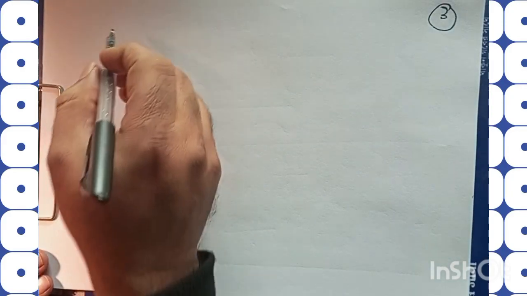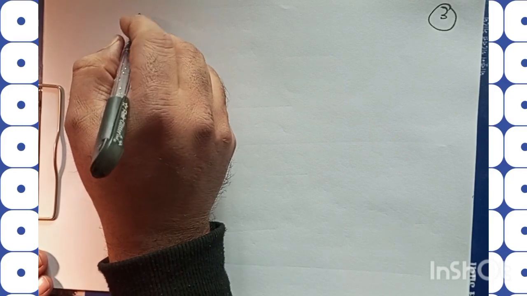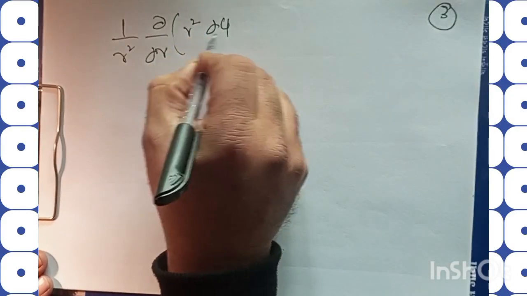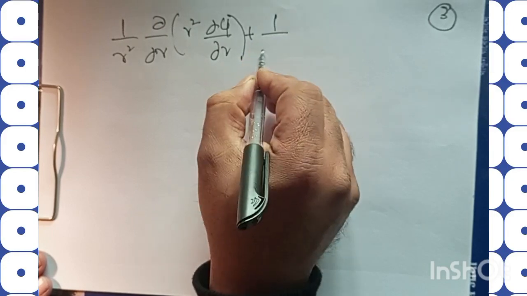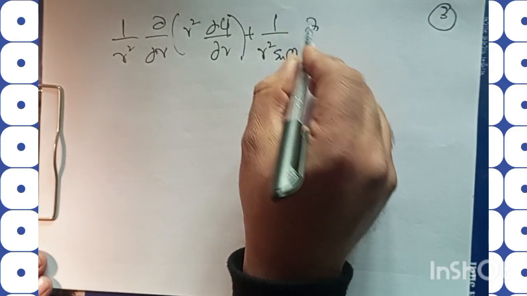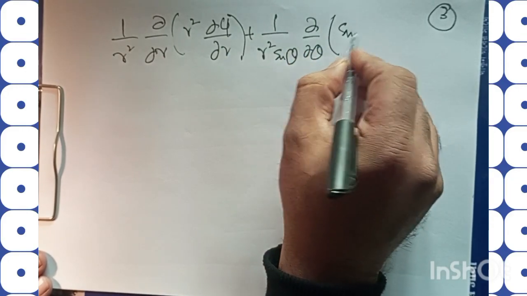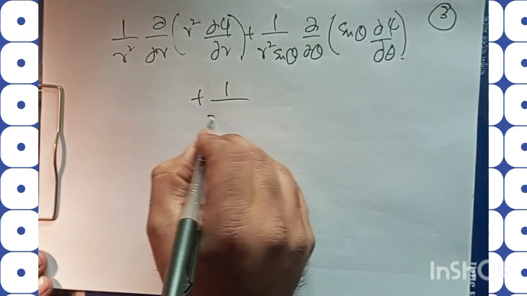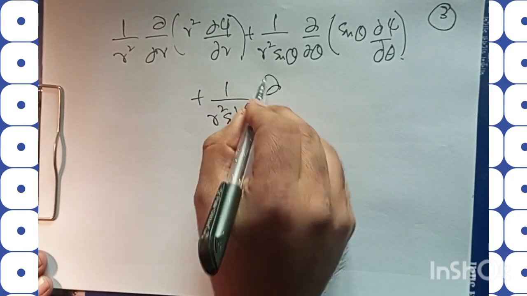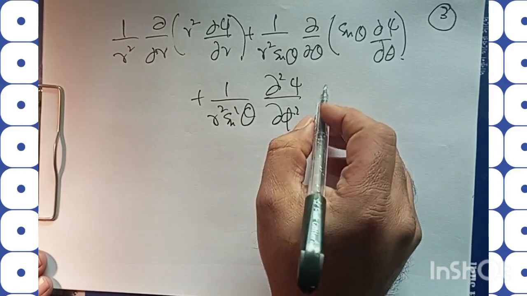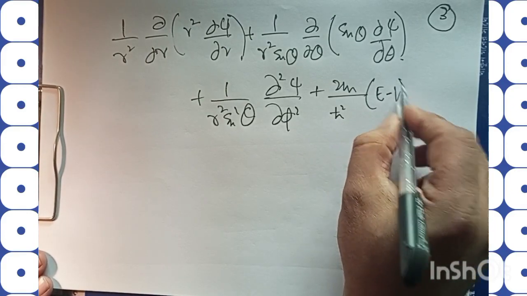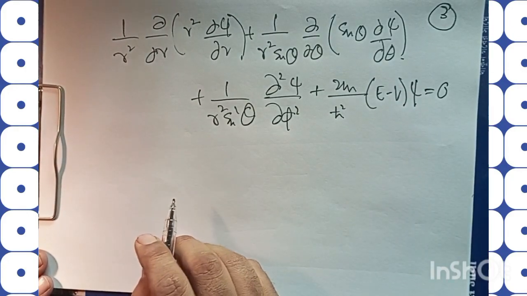So writing down this Schrodinger's wave equation in terms of spherical polar coordinates r, theta, and phi, what we obtain is 1 by r square dou by dou r of r square dou psi by dou r, plus 1 by r square sin theta dou by dou theta times sin theta dou psi by dou theta, plus 1 by r square sin square theta dou 2 psi by dou phi 2, plus 2m by h cross square (E minus V), which is defined already, times psi is equal to 0. So this is our Schrodinger's equation